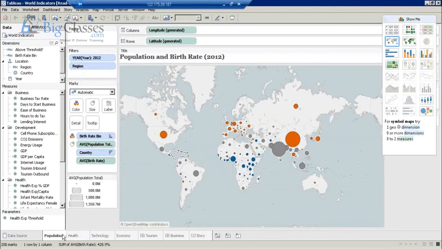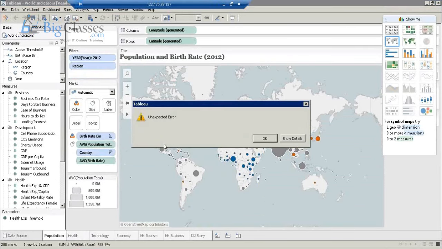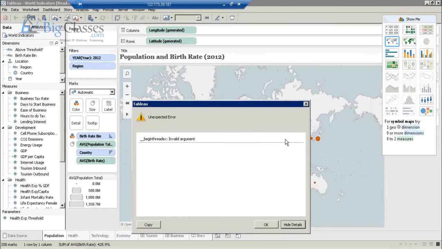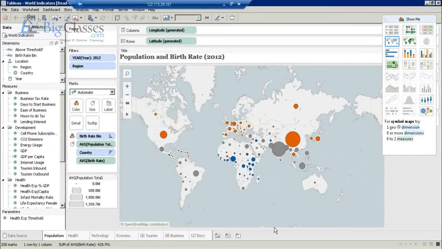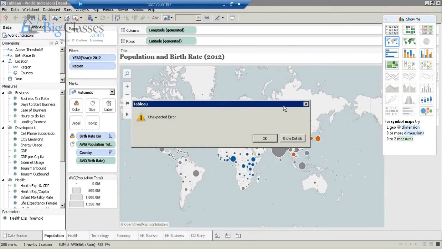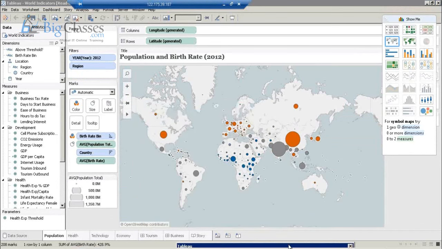Look at this. For example, let's say I would like to know the population and birth rate across the globe, how it is happening.